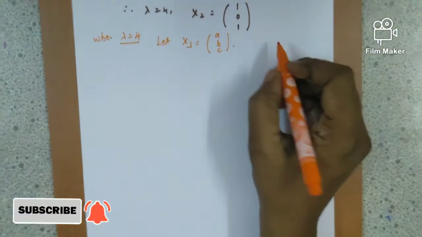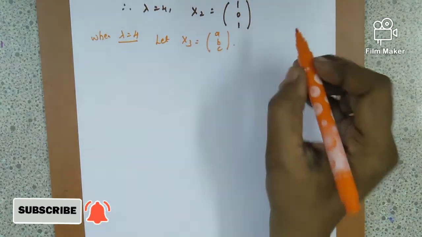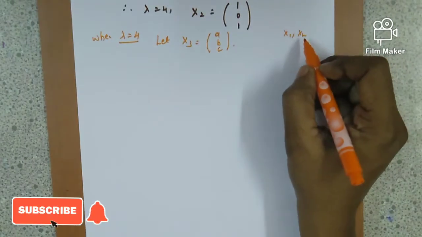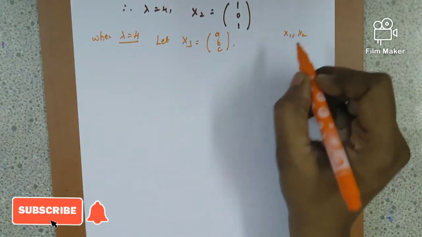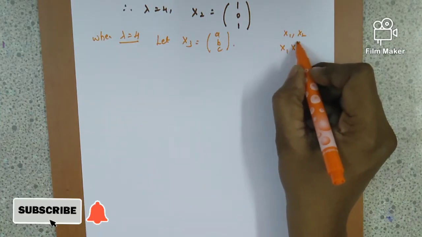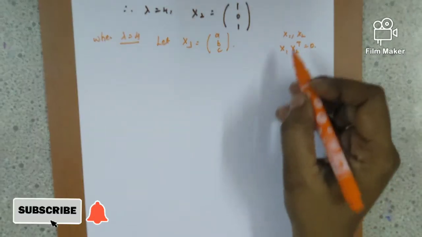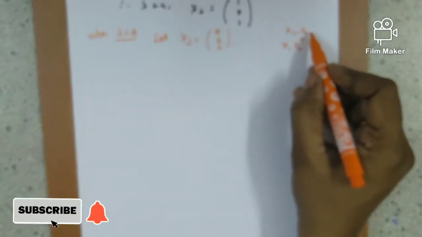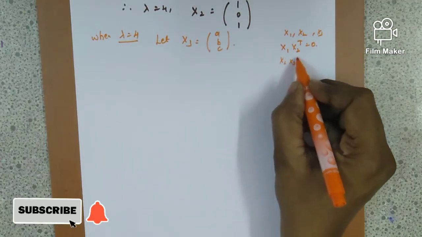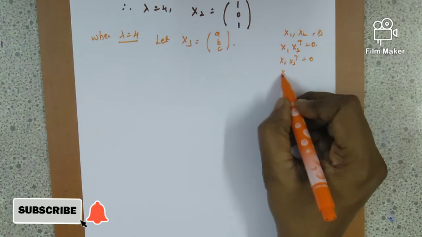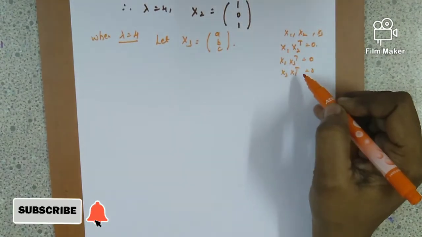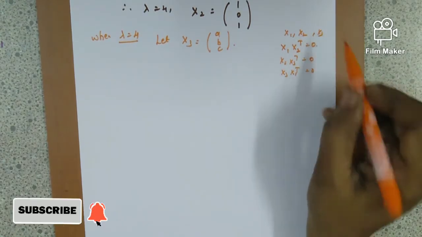Orthogonal property is nothing but, if I am taking any two vectors, for example x1 comma x2, and we want to say that these two vectors are orthogonal in pair, then we have the condition that x1 x2 transpose equal to 0. If I am taking x1, x2 and x3, we have the property that x2 x3 transpose equal to 0 and then x3 x1 transpose equal to 0. So if this condition is satisfied, we can say that the three vectors are orthogonal in pairs.